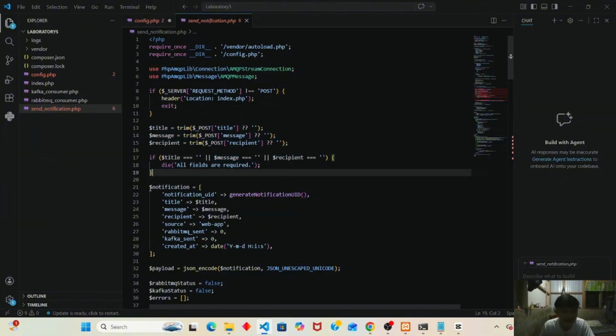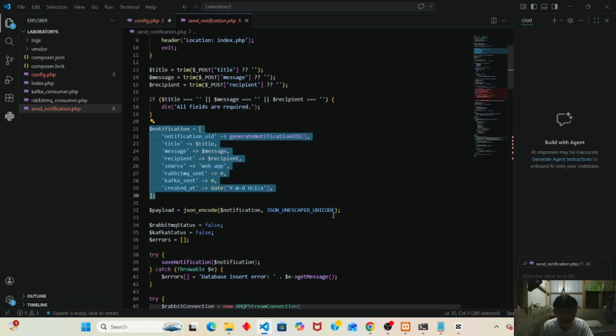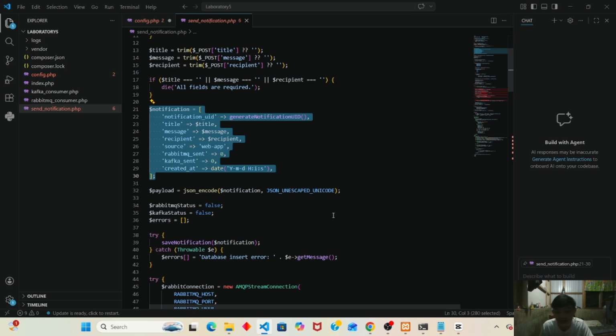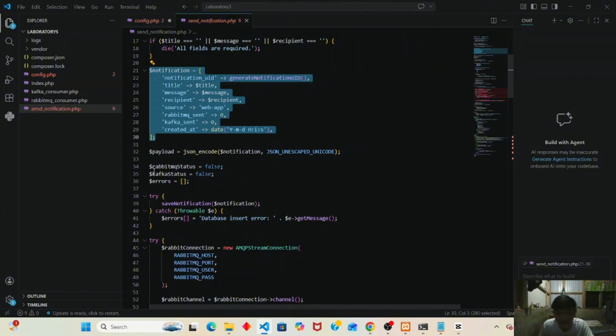Next is the notification here. So this creates a structured notification, generates a unique ID, and converts it to JSON for RabbitMQ and Kafka. Next is this.